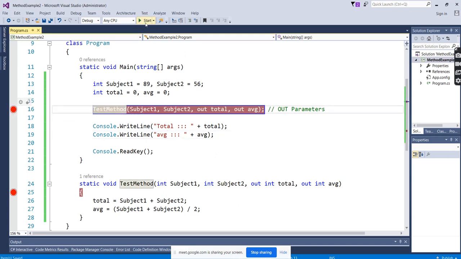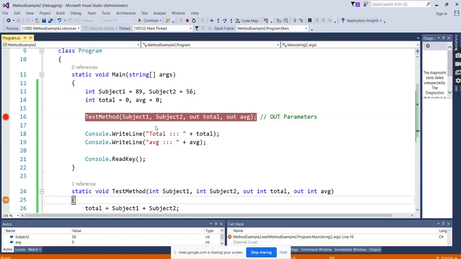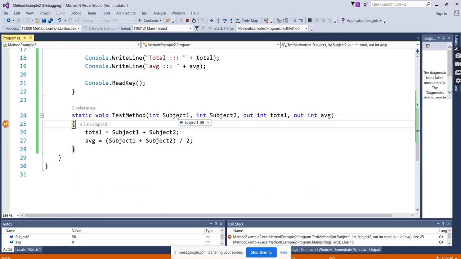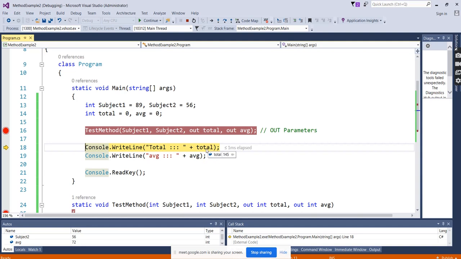Every time go with the debugger, even if it is a small program, it will be easier to handle things. So here you can see the input variables 89 and 56. These will be the default values. What is the default value? 0. I click the total, I click the average, again press F10, and you can see we returned the value 145. Total came, and we are able to access average also. Means this method has returned two values.